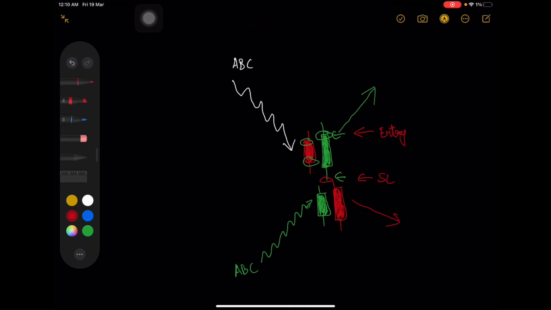And for the bearish engulfing pattern, you would short the stock at this particular price point, the closing price of the bearish engulfing candle, and your stop loss would be the high point. This is the stop loss, this is the entry point. Alright, so let me now quickly show you a live example of a bearish engulfing pattern formed in